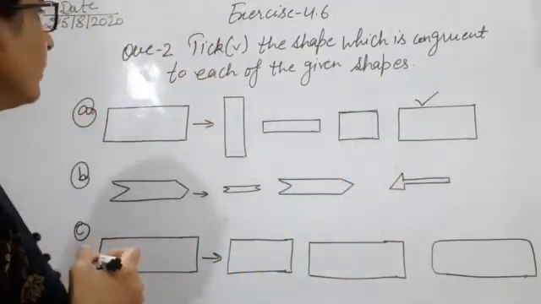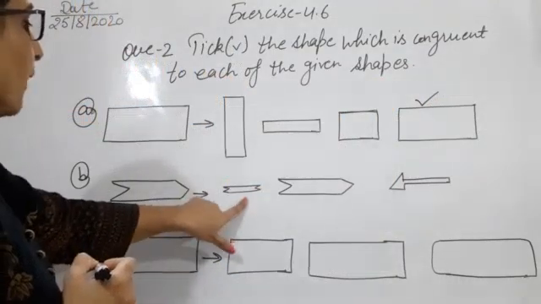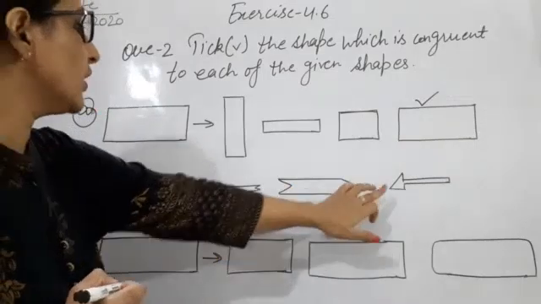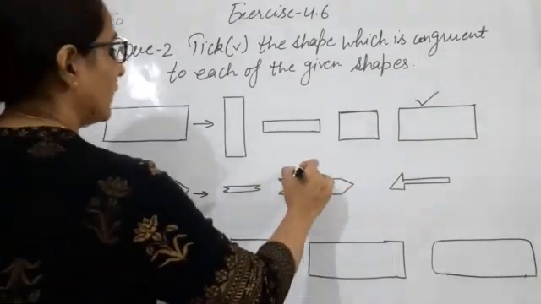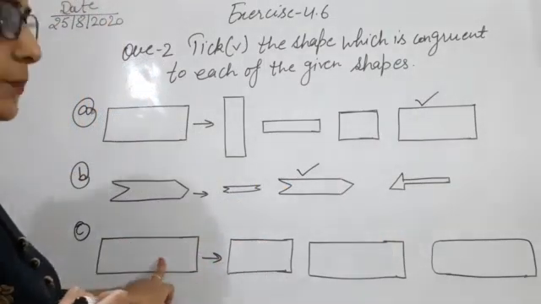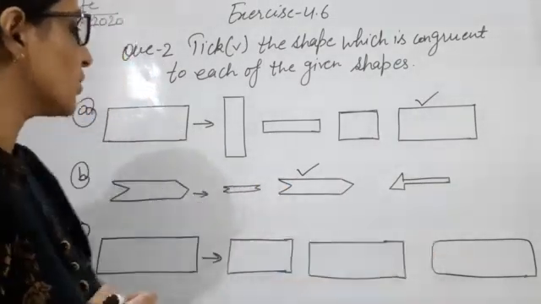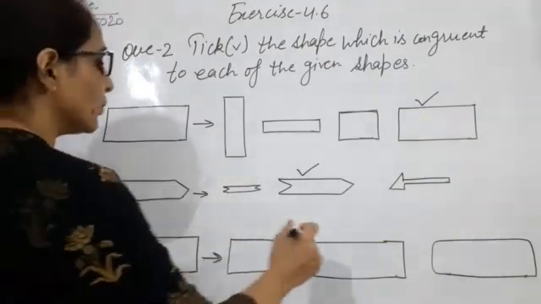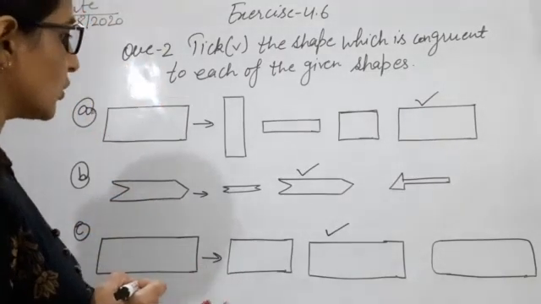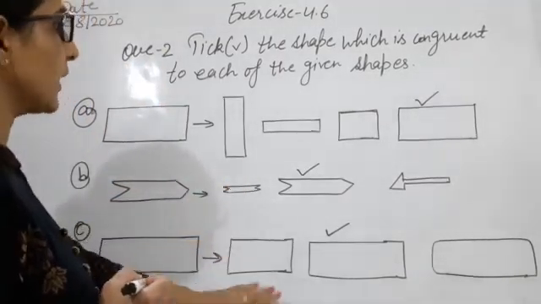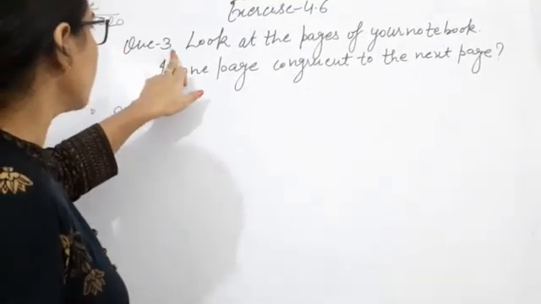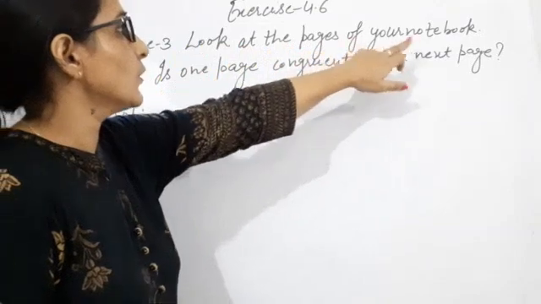So this shape and this shape are equal. So we tick here. And in part number B, first, second and third. So from these 1, 2, 3, which one is similar to it? Then this second. In part number C, the shape is given and 1, 2 and 3 options are given. So which one is similar to this shape? Clear? So this is your question number 2. You make all the shapes in your notebook with the help of your scale, and after that you take the correct answer.